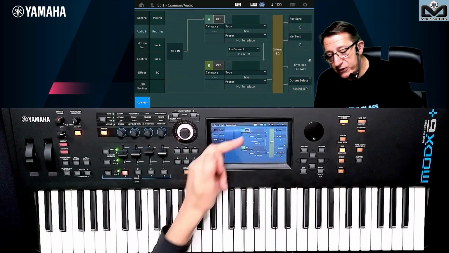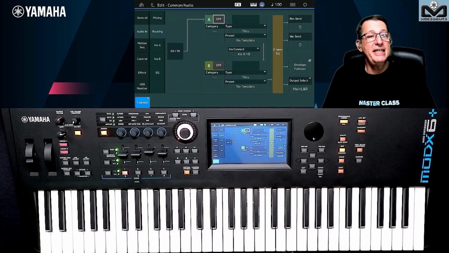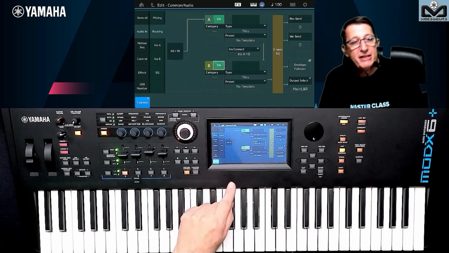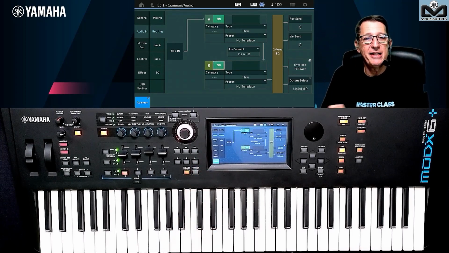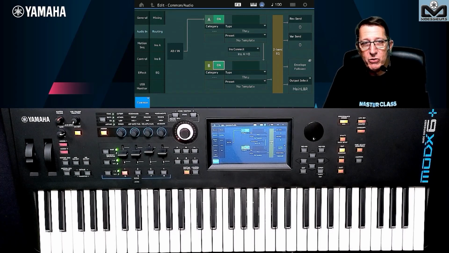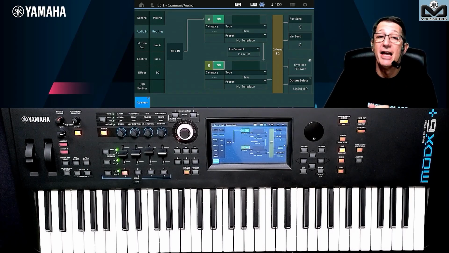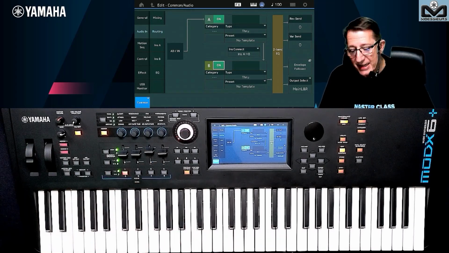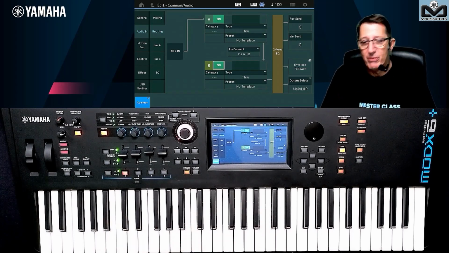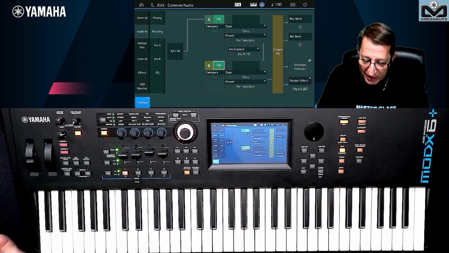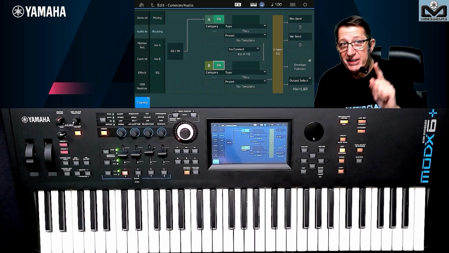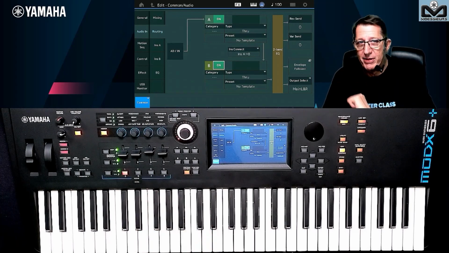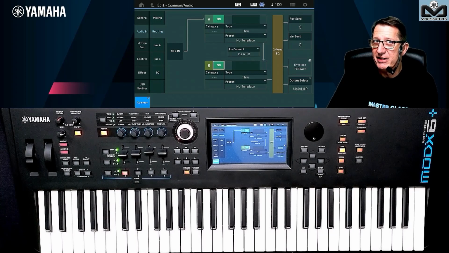On routing you have two insertion effects slots dedicated to the AD input. If I set them on, does it remove one of the part dual insertion effects? No, you keep the 12 on the Modx and Modx Plus, and you keep the 16 on the Montage. This is standalone, separate from the parts, so you can work with them without any problem. So use them if you want. We will see two cases about this, especially for the bonus. Keep it for the bonus: I will explain what to do if you want only one setting, the same for all performances.